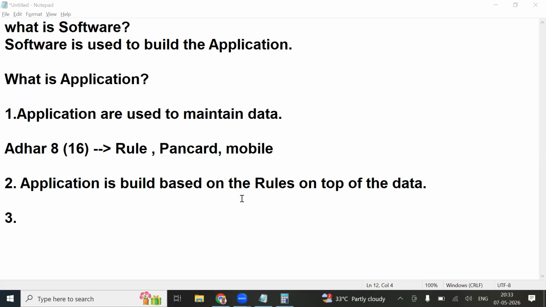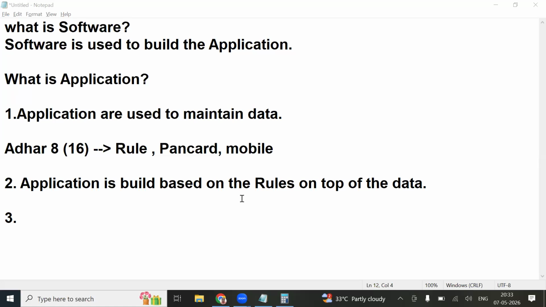So if you don't have an application, is it possible for you to collect the data? No. Why? Only direct interaction is possible, or else without direct interaction we can't collect the data.